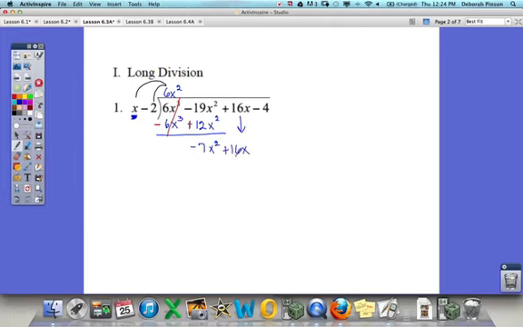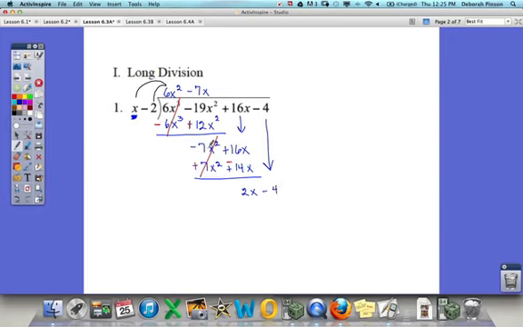Alright, same process again. We're going to do the same process until we're done. So what do I need to multiply x by to get negative 7x squared? I need the negative 7 and I need 1x. I've got the other one here. And then I'm going to distribute that out. And I'm just distributing out the negative 7x. So I'll have negative 7x squared plus 14x. And subtract. Bring the next number